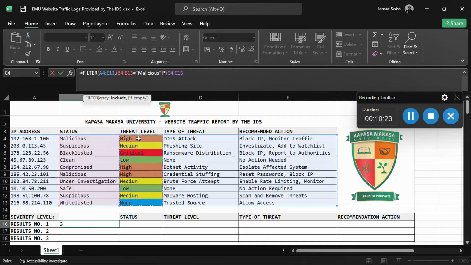So in this case I want this threat level. Then I'll put an equal sign and specify what I want to filter. So I want to filter out something which is high. So remember, for high, it can be either malicious, it can be compromised, or it can be malicious again. So once I say high, what will happen is